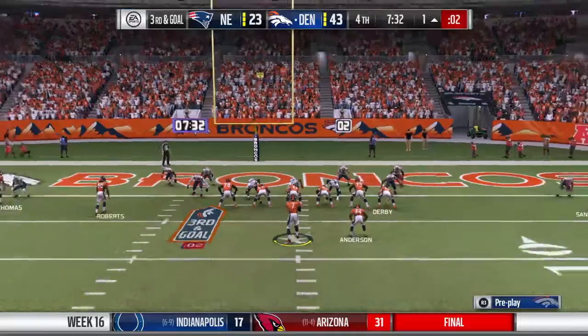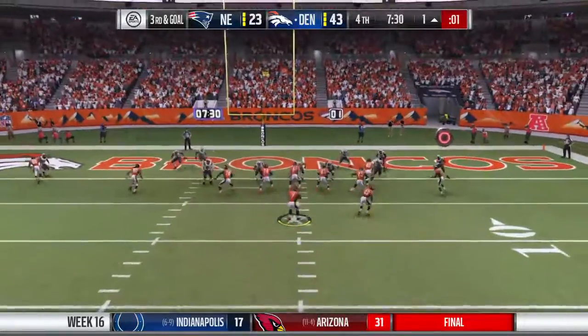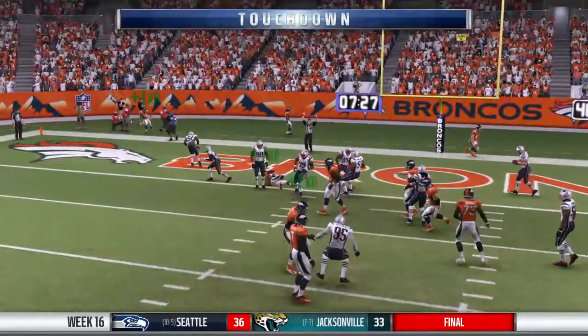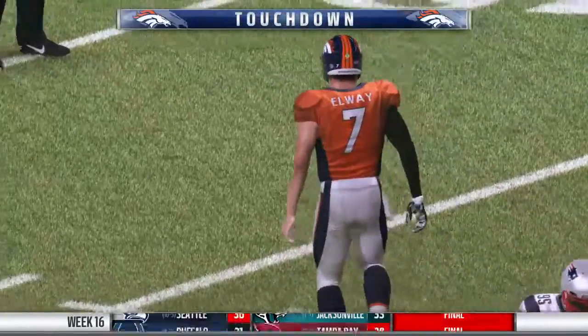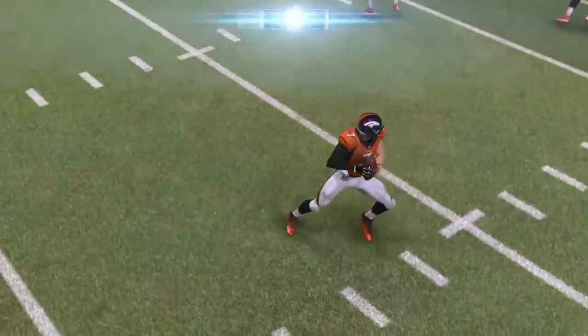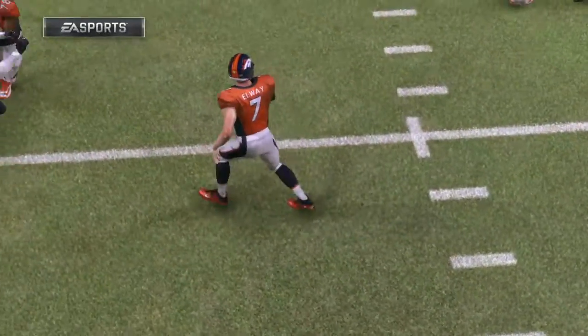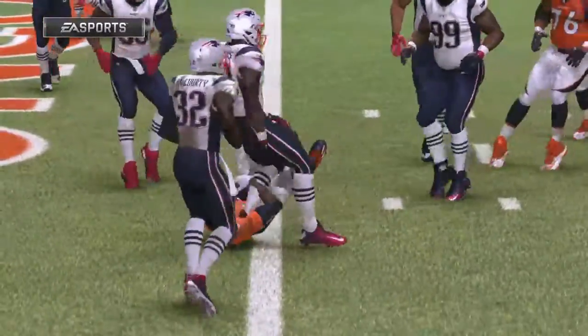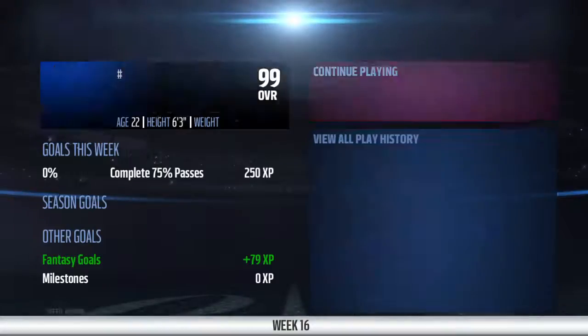Here we go. 3-19. They'll look to throw for it on 3rd and 1. And he'll take it into the end zone for a Denver score. Emmanuel Sanders with touchdown number 8 on the year. And the Broncos will extend their lead. They were still throwing with a comfortable lead here late, and now...